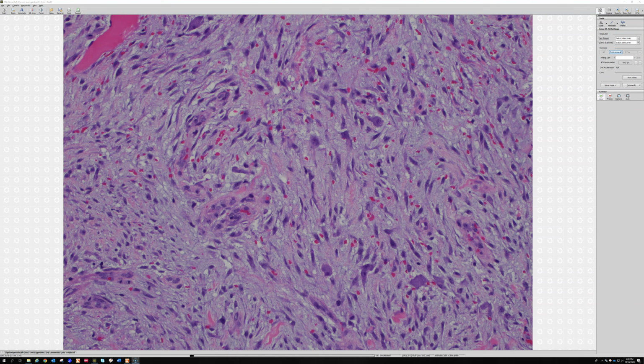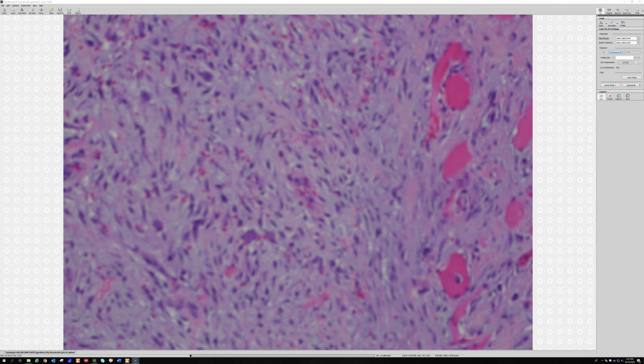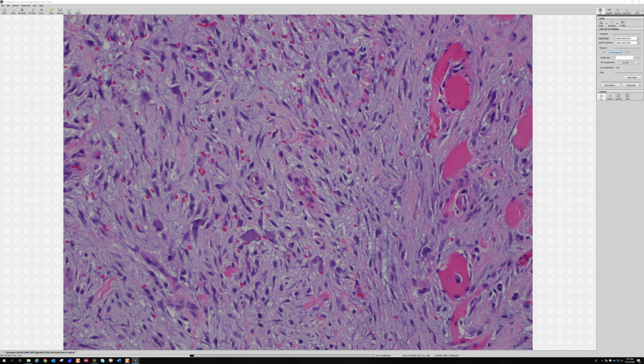So to me, that's the trick with recognizing this, is that if you can look away from the big eyeball-looking cells staring up at you, which are admittedly very scary, the background looks to me like myofibroblasts with a purple cytoplasm, spindle to stellate, kind of hypocellular in a myxoid background, extravasated red cells. This is actually a form of fasciitis. This is called proliferative fasciitis. And it is a very scary looking process,